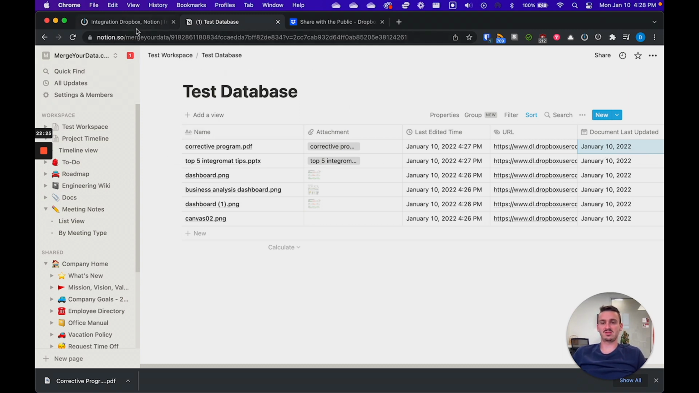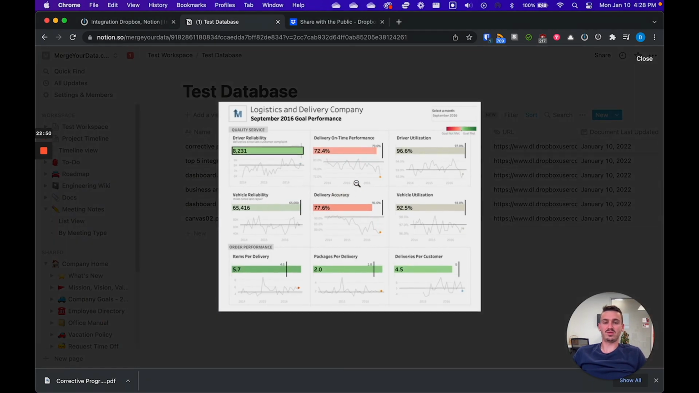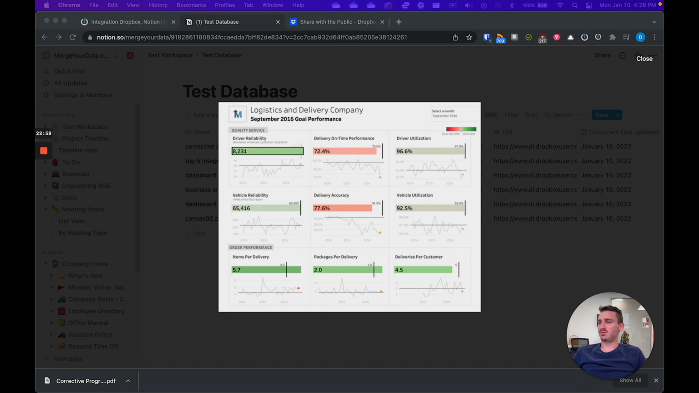So it looks like it ran successfully. You can see how these files that are PDFs and PowerPoints are instead just a link to download, and then the images themselves are actually embedded. And so what I'm going to do here is I'm going to re-upload this dashboard.png file, but I'm going to create a new version that's a completely different image so you can see what it looks like when we update a file using this method. So you can see this is what it looks like, and then what I'm going to do is I'm going to create